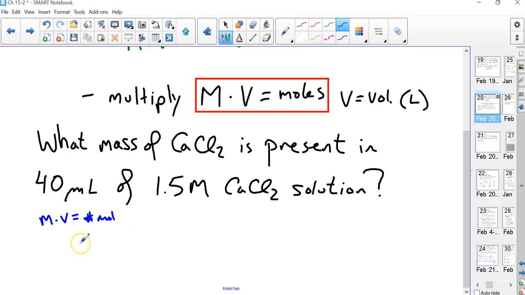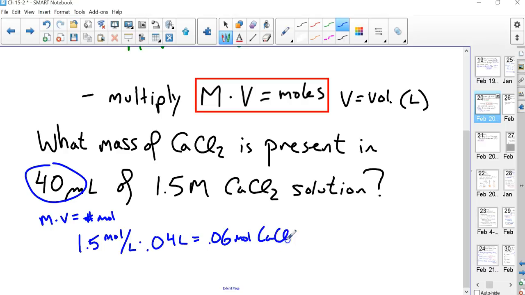Okay, so we're going to take molarity, which is 1.5 molar, or moles per liter. In fact, let's write it like that, just so we're used to the units. So 1.5 moles per liter, times the number of liters. Now be careful, that's 40 mL, so it's going to be times 0.04 liters. That's equal to 0.06